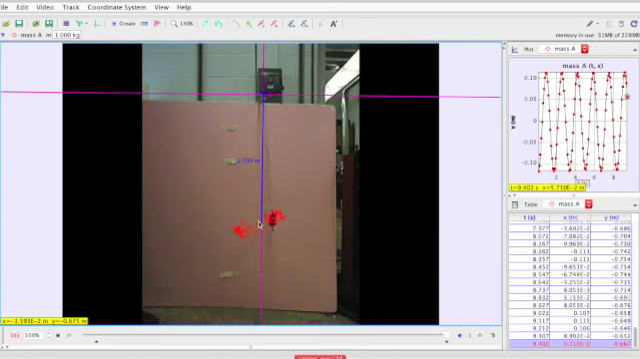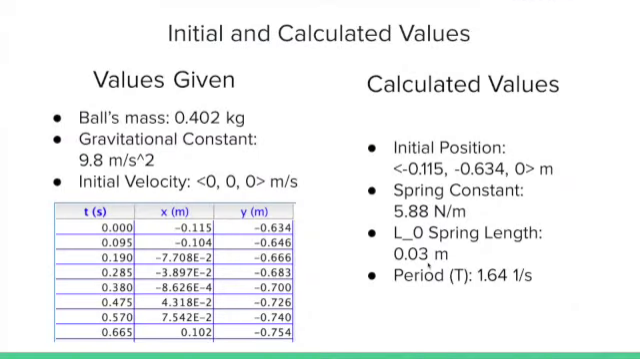And now I'll move on to the initial values given based on the Tracker. Initial values, we're given the ball's mass, the gravitational constant, and the initial velocity as it starts from rest from the given data before we start Tracker. And the calculated values, we get the initial position based on the 0 time scale from Tracker with x position and y position. Then we get spring constants, which will show the calculations based on the initial position, L0 spring length, which will show the calculations, and period and the x, which I used,